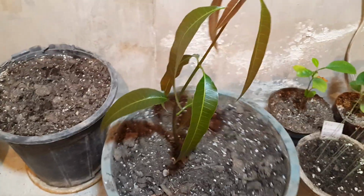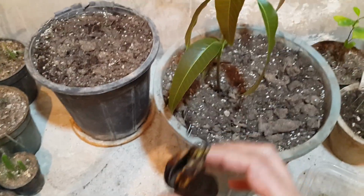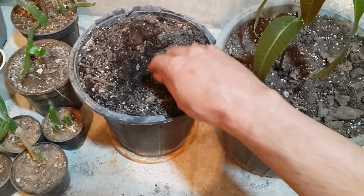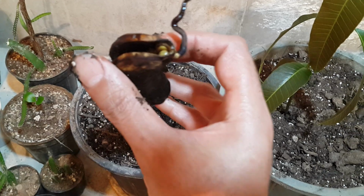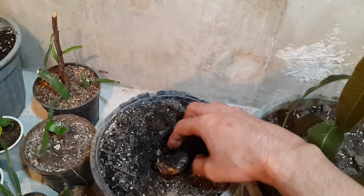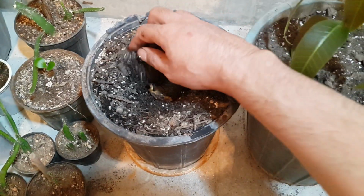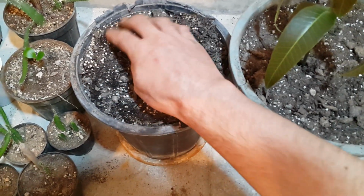This is my mango, which is ready. And about this one, I will give it a chance, and I will plant it in this container. This is another container. So I'm gonna plant it like this. It has a root system and buds, you can see, but it is not really healthy, but I will let it grow and check what's happened to this. Can I grow this and how can we get a healthy plant or not? I will share it with you,